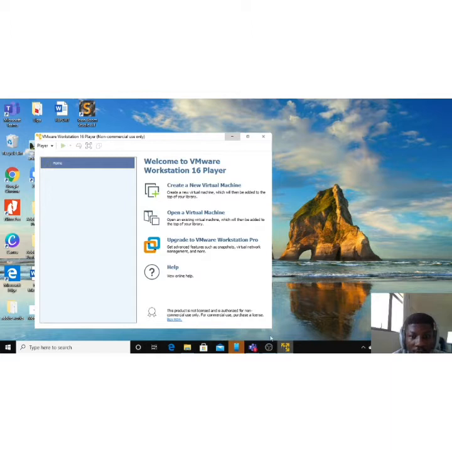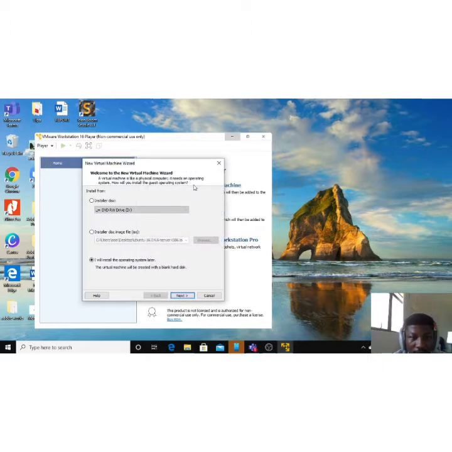Once it is launched, there are some features like create a new virtual machine, open a virtual machine, that is if you have already created one, upgrade VMware and help. So I am going to create a new virtual machine, so we click on new virtual machine. Now here I will choose this. I will install the operating system later. Click on next